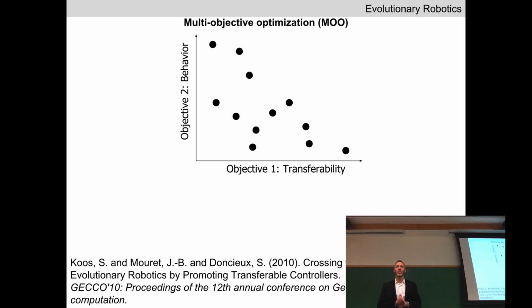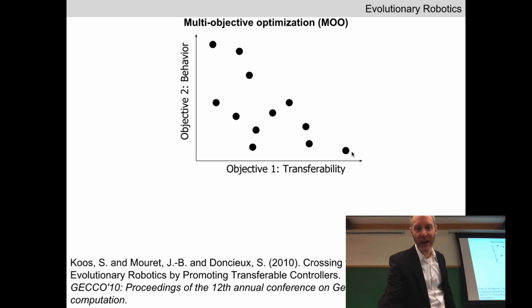Imagine in this cartoon example here, we start our multi-objective optimizer with a population of random controllers. And as you would expect, most random controllers are going to be nowhere near the upper right. It's going to be hard to find those fitness peaks. Most of them are going to be sprinkled in the lower left here. You can see that some of these are specialists. So just by chance, this particular controller here gets the robot to move quickly in simulation. But when we transfer it to reality, it has very low transferability. The physical robot doesn't move at all.